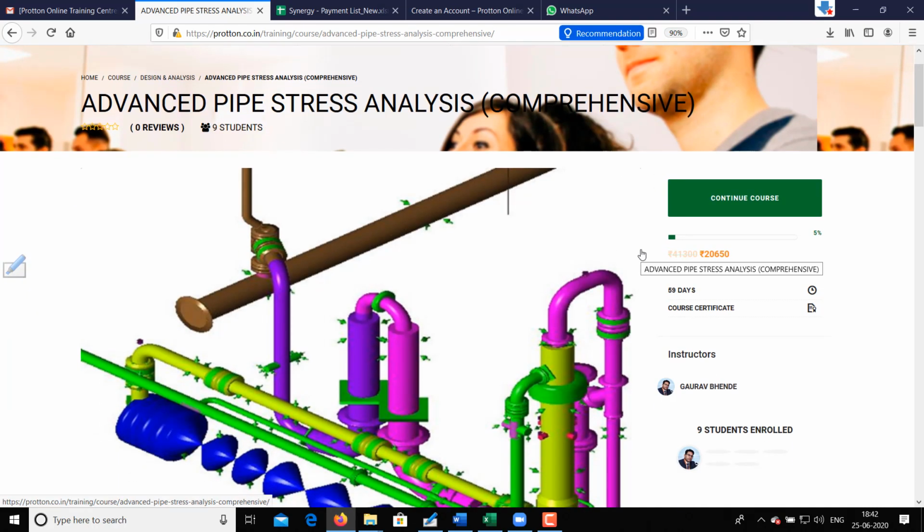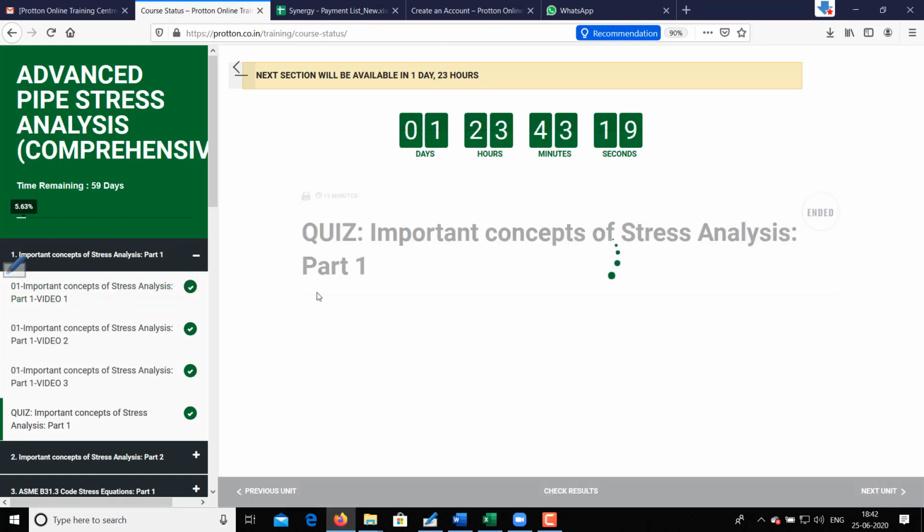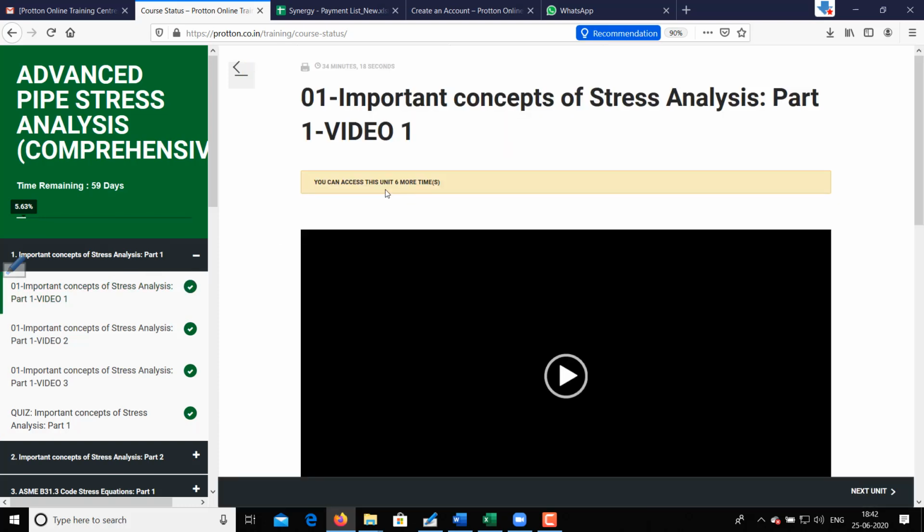I land on this page. Suppose while taking up the course, there is some problem in between and you log off, or you did not complete the video and you landed back on this main page, and you now say continue the course, which is your second login. Once you say continue the course, automatically when you land on this page, you will come to know that one attempt has been counted.